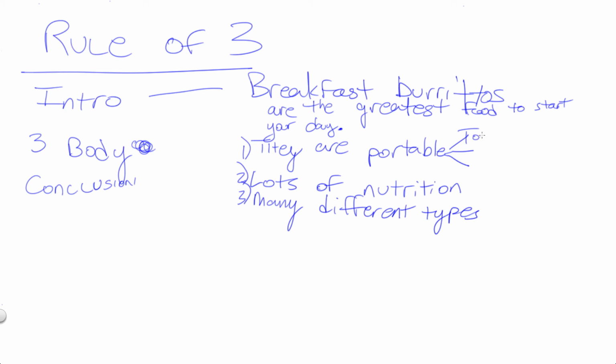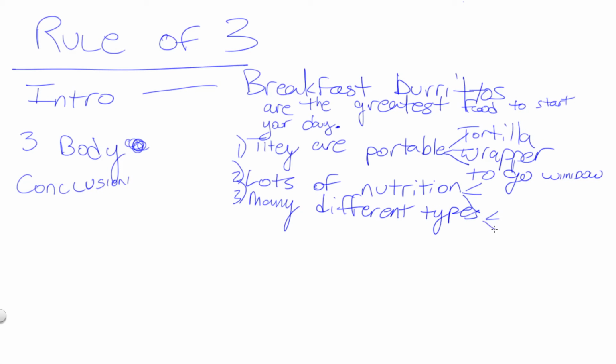First one, they come in a tortilla. Second one is, I don't know, there's a wrapper. I'm just making this up as I go. And the third one is that you can get them through a to-go window. And you do the same thing down here, 1, 2, 3, and last but not least, 1, 2, 3. Now, if you wanted to talk about why they're portable in a tortilla, maybe you talk about a torta or a gordita or something like that. You can keep expanding on and on until you could make a 30-page research paper essentially about breakfast